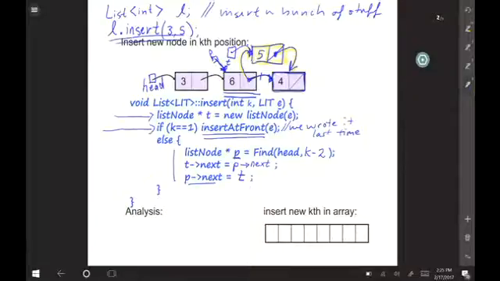But here's the thing. What we're going to do is rethink the problem in such a way to eliminate the special case, if we can do so.